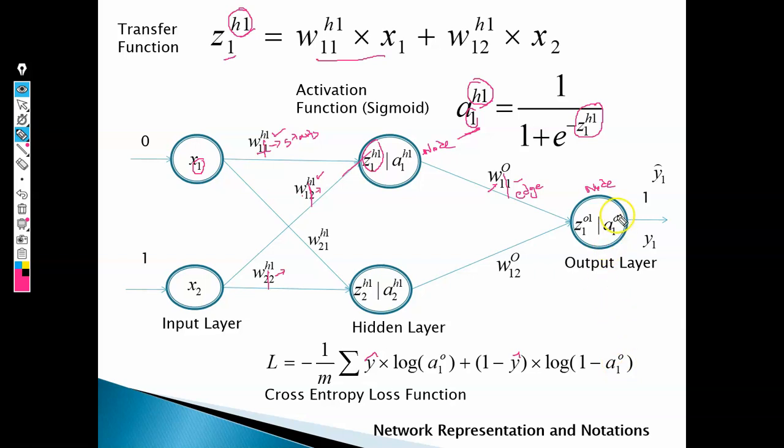Okay, this is the activation function of our output layer. Output layer, first neuron, because this is our real output, y1. So we can represent a1 0 or y1, both are the same value. Here we represent it as a1 0. This way, usually the neurons, its layers, its weights and the transfer functions are represented in the papers. Okay, next we will see